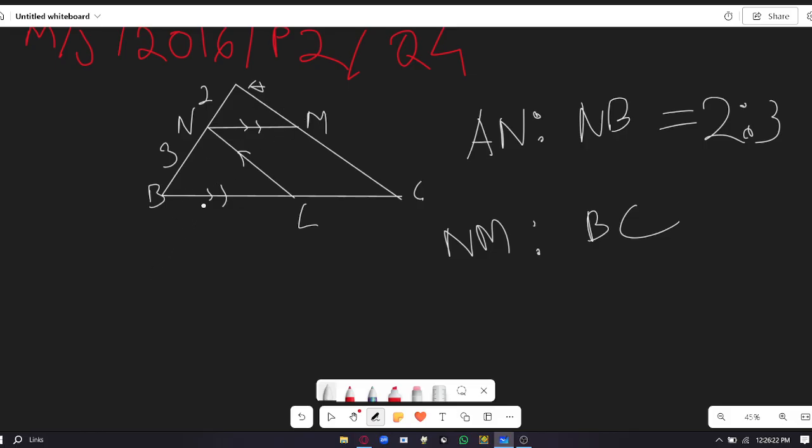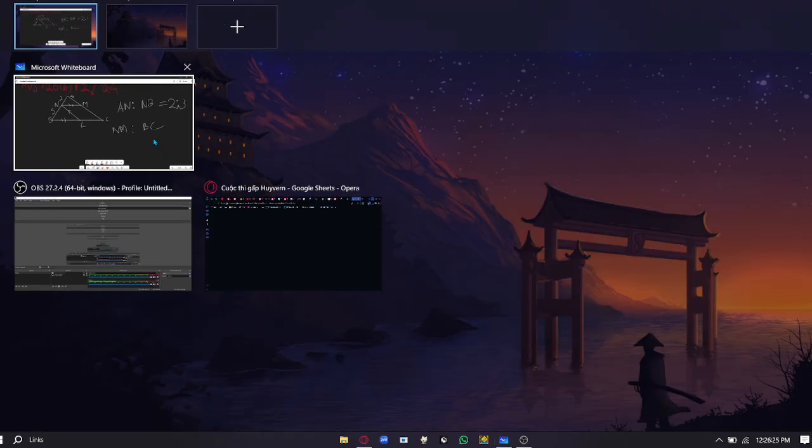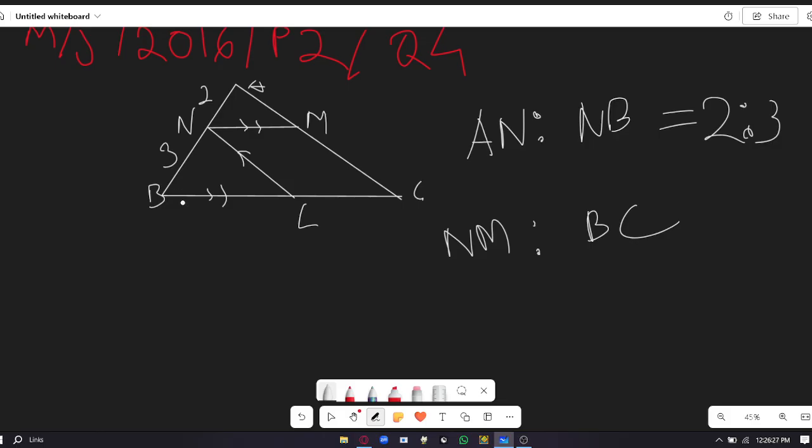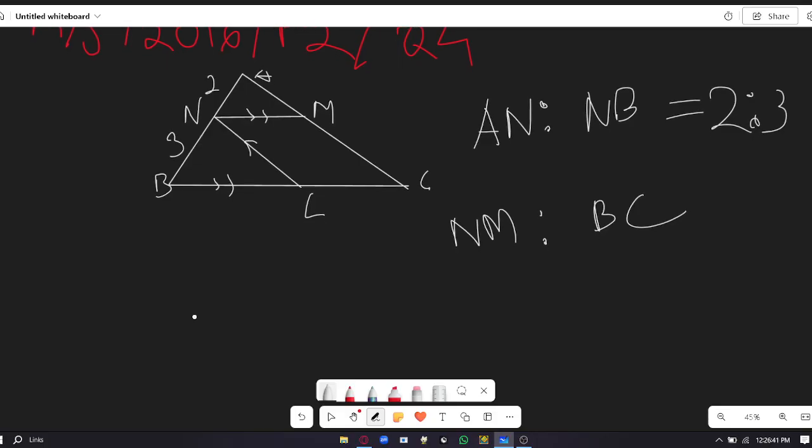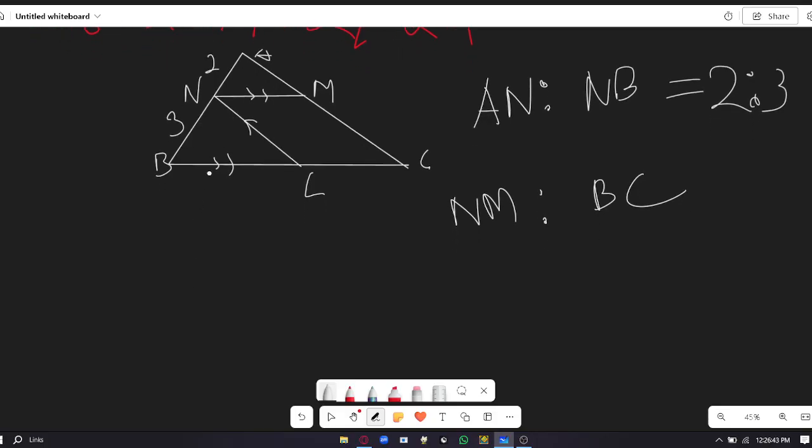Oh, we can use a similarity. So we use this angle and this angle, so we use small by big is equal to NM